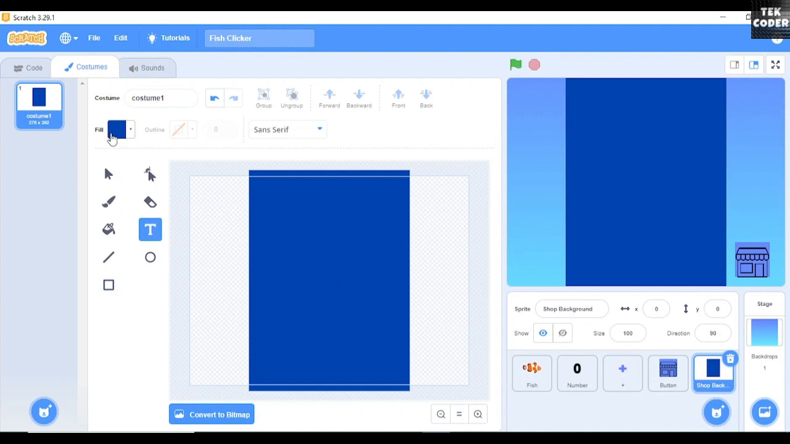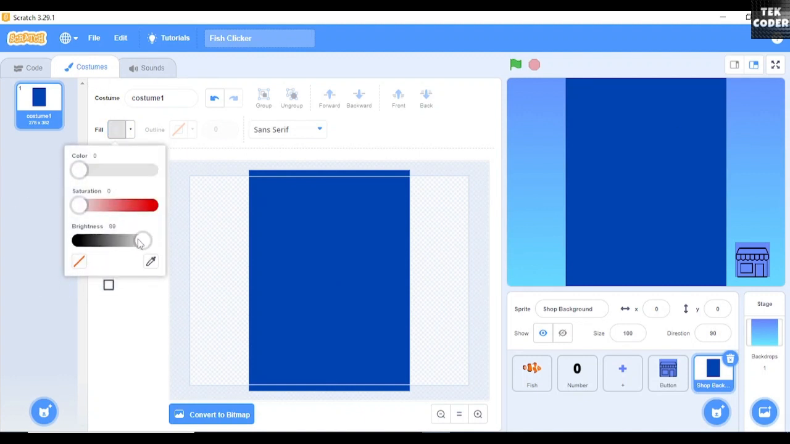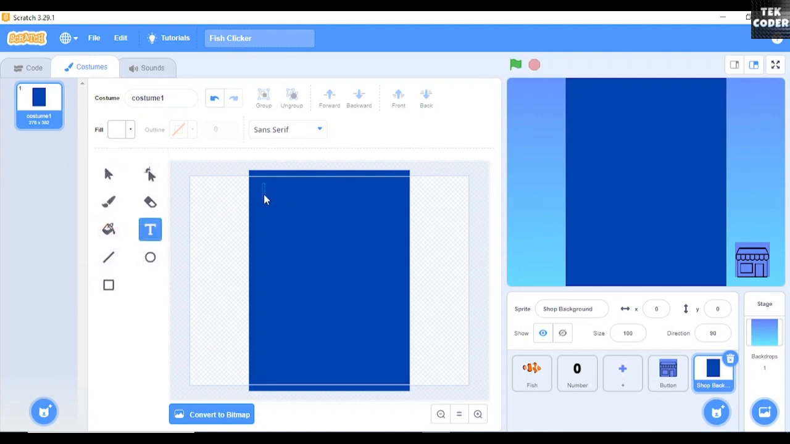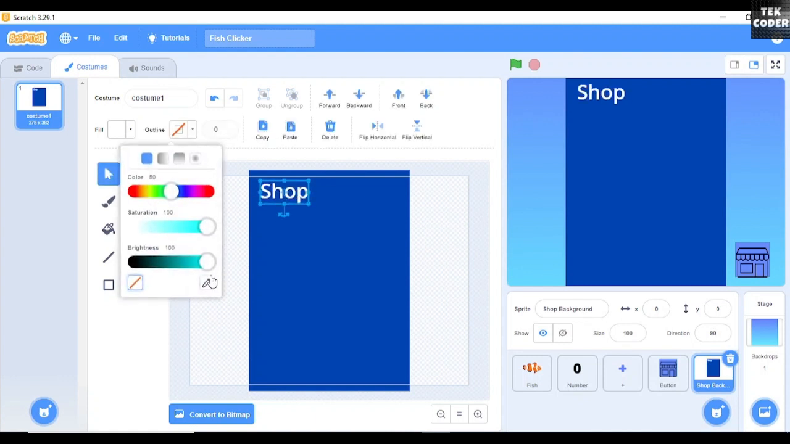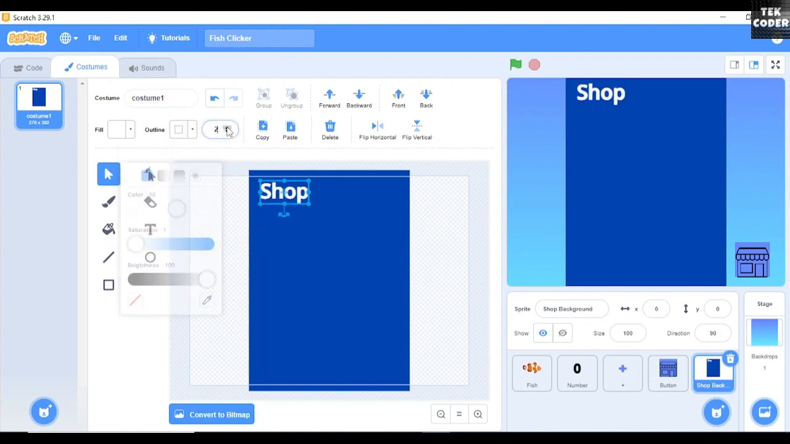and then give a label called shop here, and then I'll also give it an outline like this,